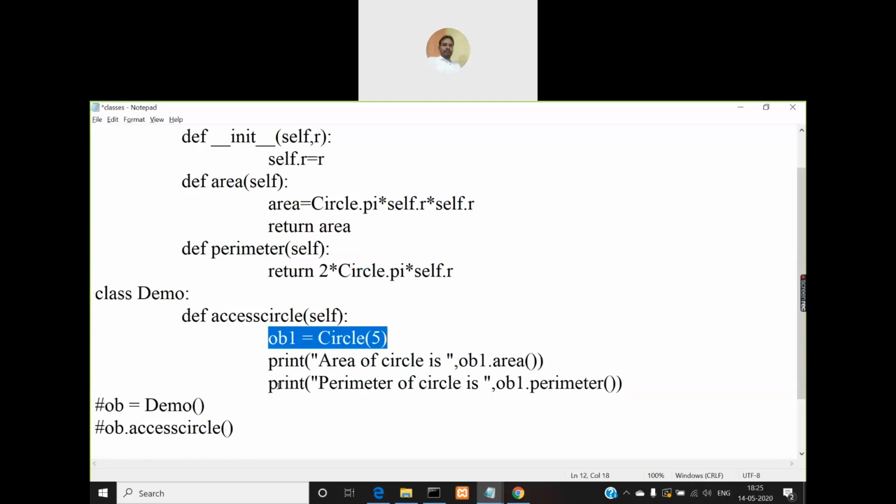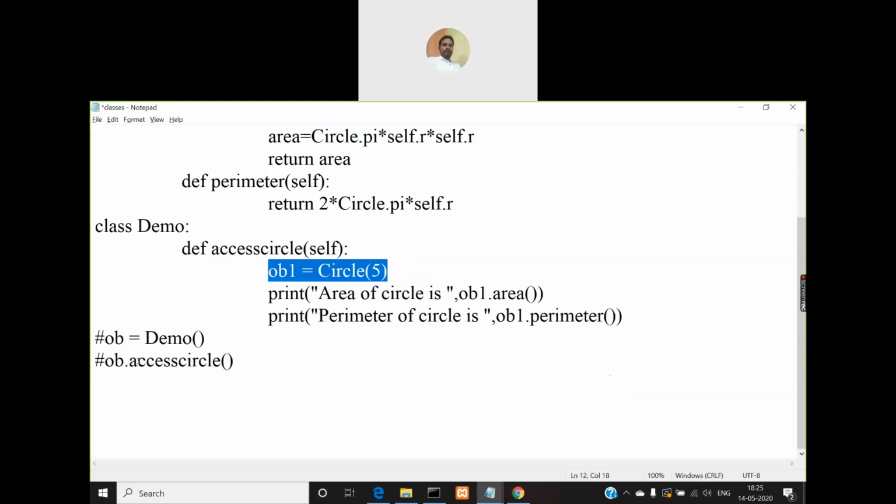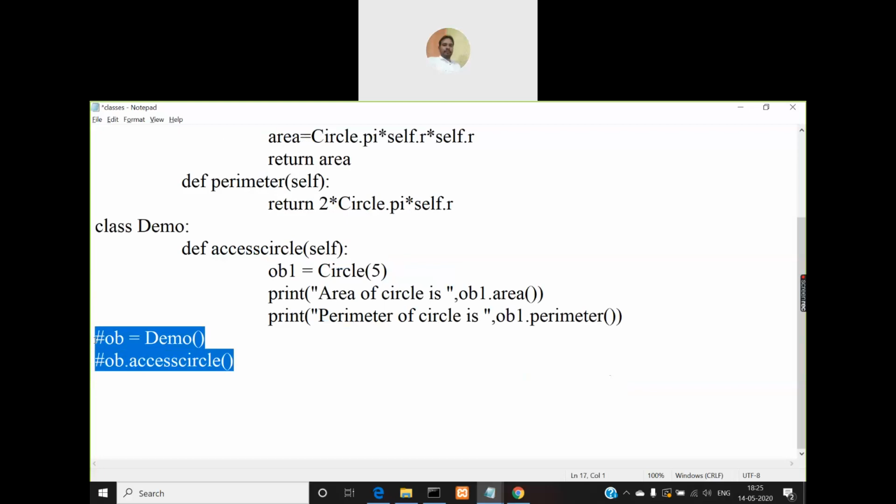If it is Java, we have the main method. Automatically the main method will be invoked when you run your Java program. But Python is not like that. It does not have any starting point of execution. It does not have a main method kind of a thing, right? So automatically the program execution begins from the lines of code that you write outside of all the classes and functions. This is the only part where you wrote some code which is outside of all the classes, methods and functions. So execution will begin from these statements.